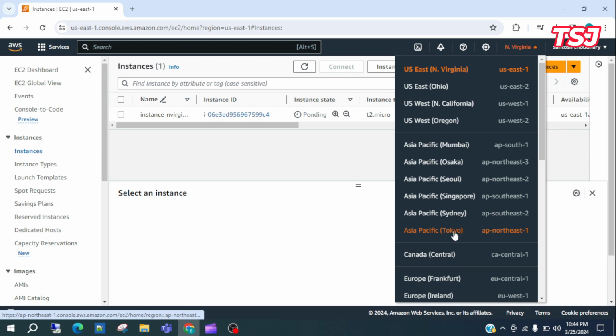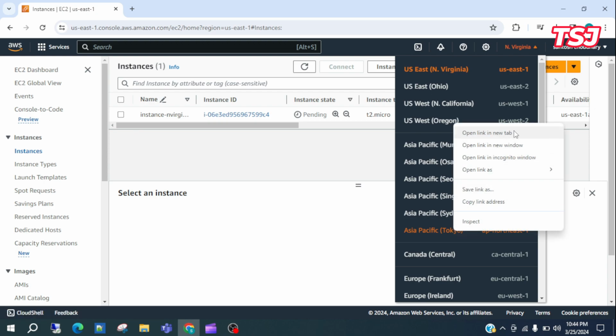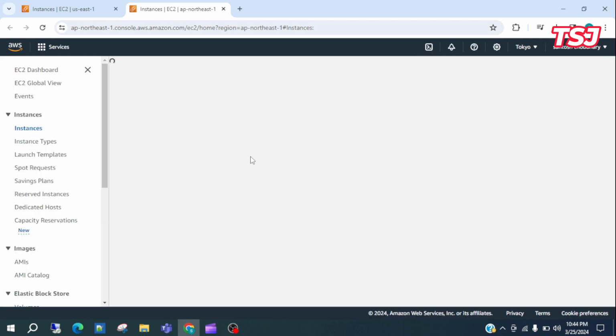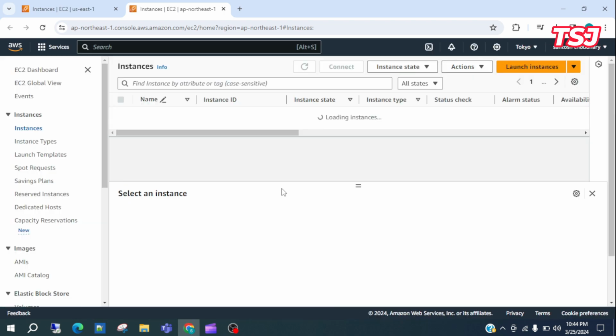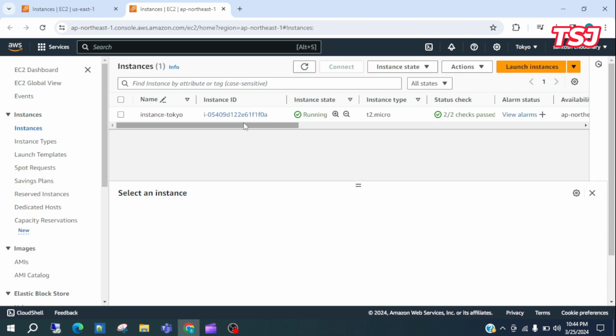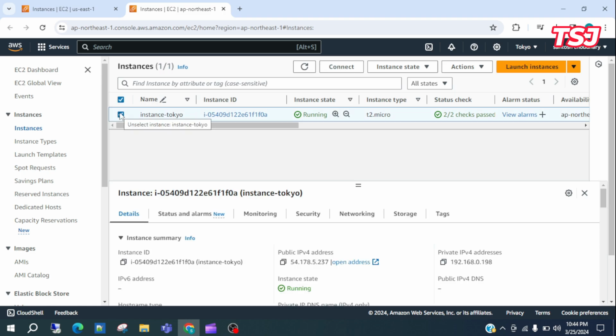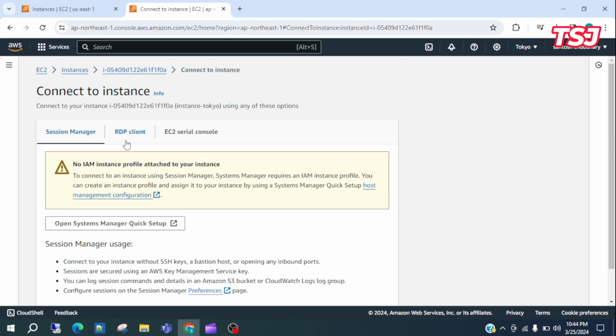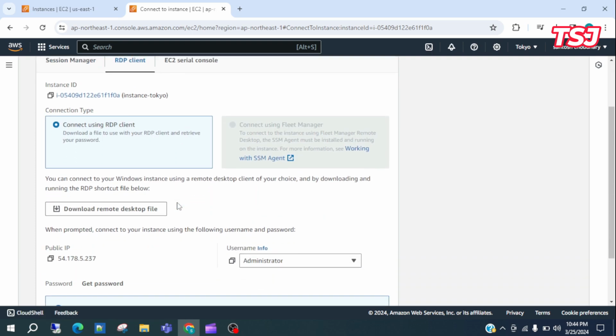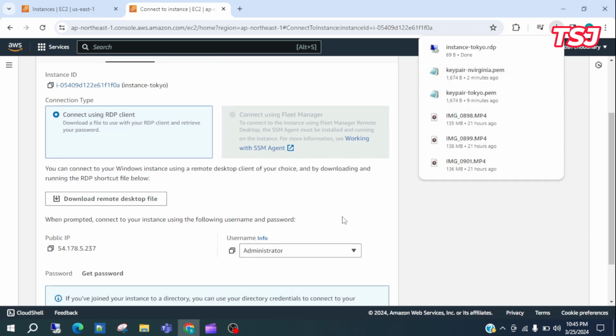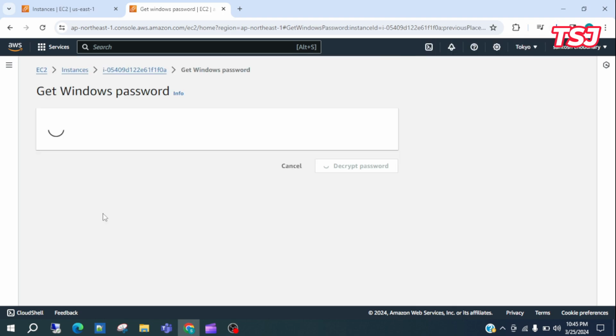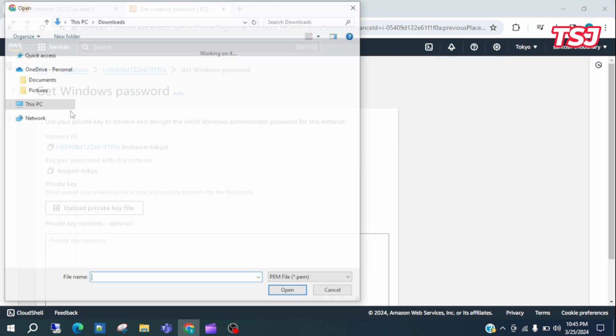And select the Tokyo new tab. Okay, so we have opened the Tokyo region also here, and now the status is passed. So my instance is ready here in the Tokyo region. So we need to select the instance and click on connect. After that click on RDP client and then click on download remote desktop file. After that we need to click on get password and browse the file,